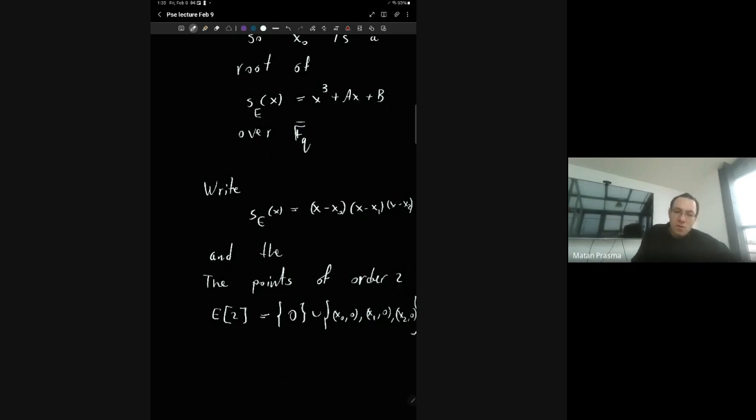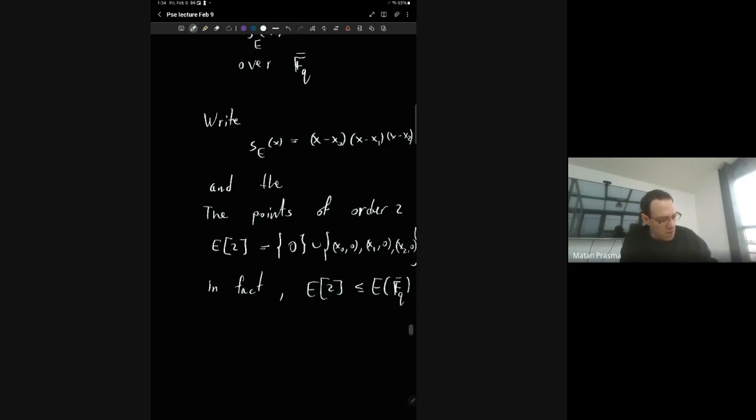Okay, now, in fact, E2 is a subgroup of E(F_q bar), because if you add 2 points of order 2, you get another point of order 2. So we can ask, this is a group in itself,